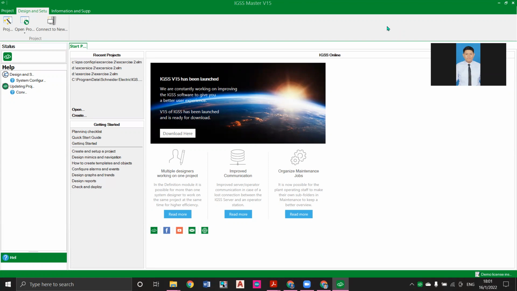So today I want to show you how to create a new IGSS project. Okay, from this slide, this is the interface. We use IGSS version 15. You can see this software doesn't have a project yet, but if you already have a project but